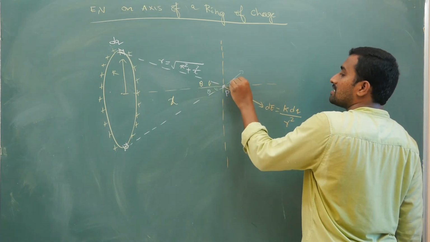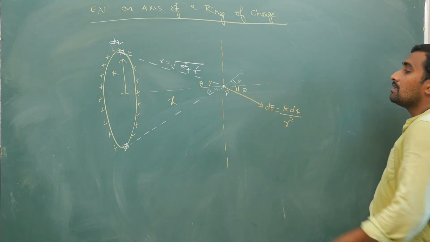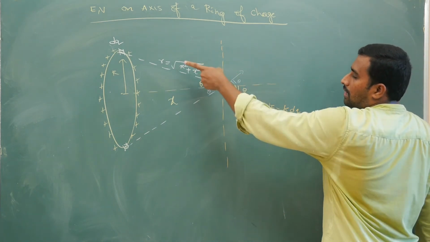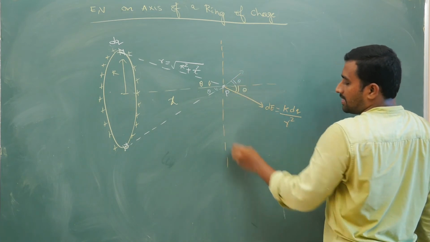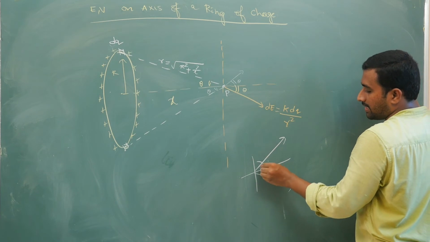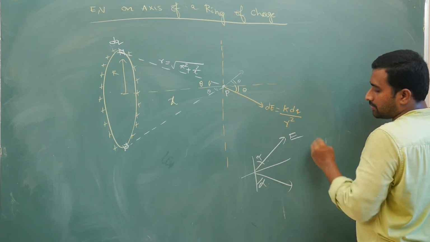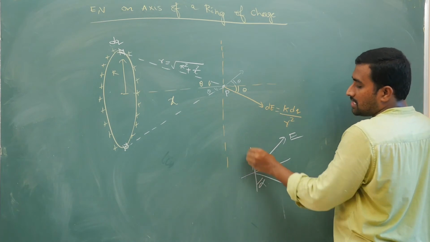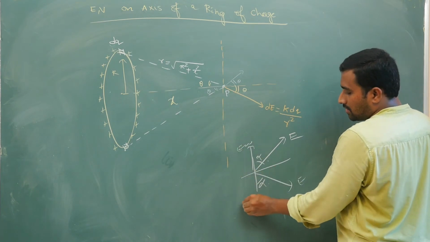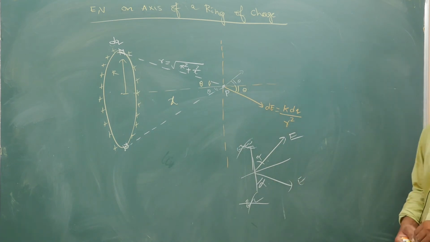If this is theta, this is theta. So that means what is happening here is the vertical components of this topmost element and bottommost element will cancel off. When you have two vectors like this onto the top, making an angle alpha and alpha here, and if both are of equal magnitudes, then the E cos alpha component here and the E cos alpha component here will cancel off. Only horizontal components will remain.